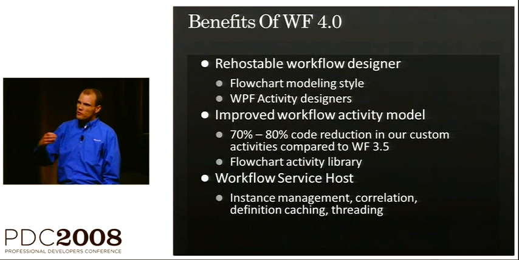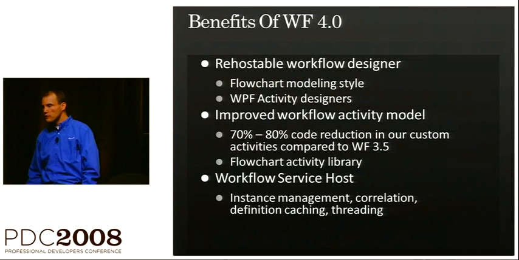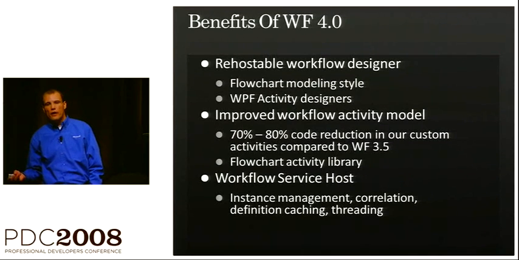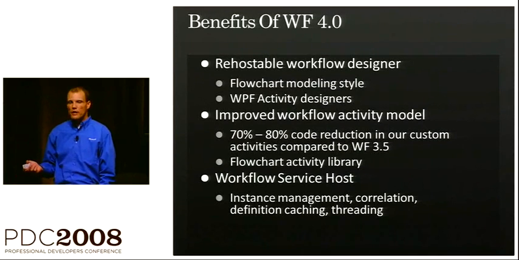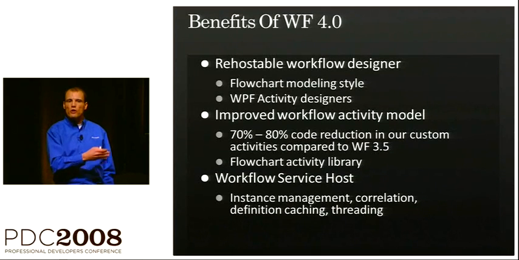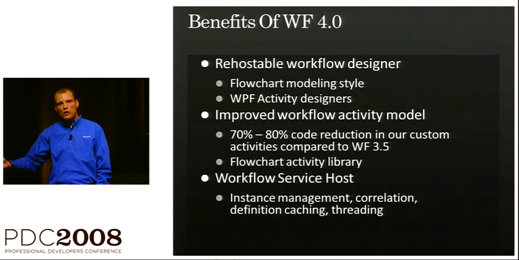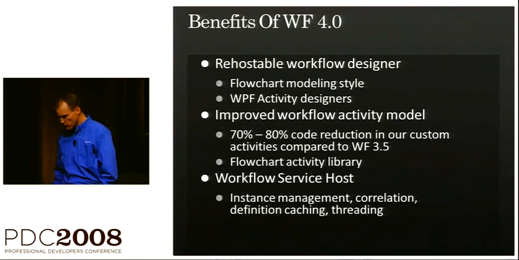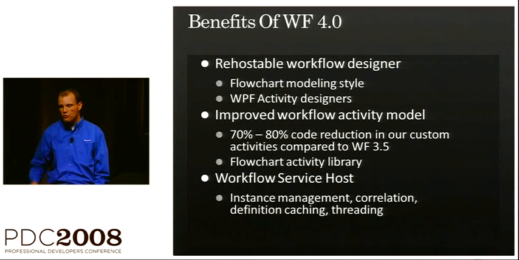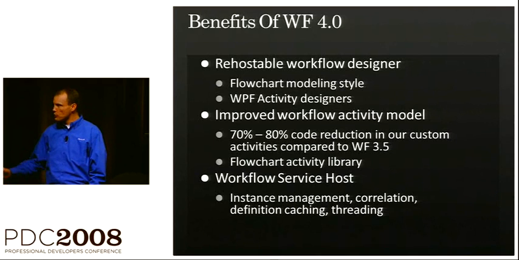So we're already noticing, we're only 4 weeks into our development cycle for this release, but we're noticing 70 to 80% code reduction already in the implementation of our activities, right? Which is huge. So some of the reasons why is the change from the dependency property concept for data flow to the idea of args and variables, arguments and variables. If you attended the session yesterday, they talked a little bit about arguments and variables, and that's how you manage data flow through your workflows. That's one huge aspect of how we lost so much code, or we're reducing the amount of code we have